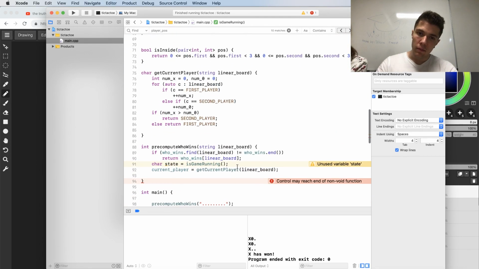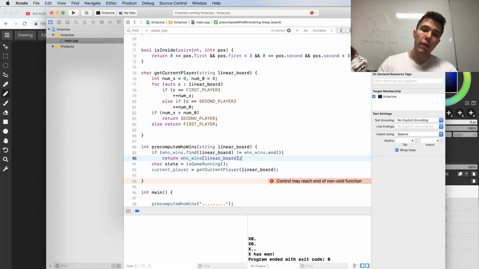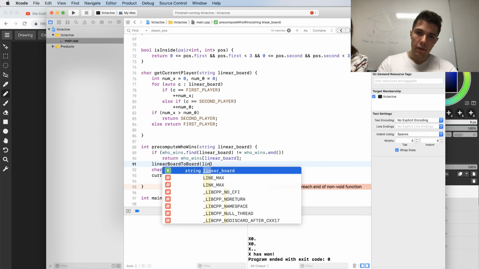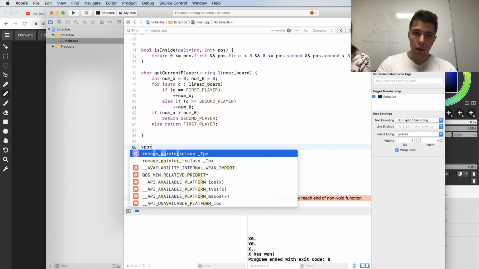So the first 3 characters, actually I need to convert linear board to board. So I have another function, void